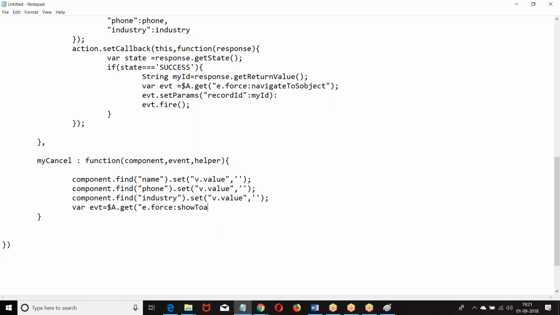Then we have show the event dot. Then fire the event dot.